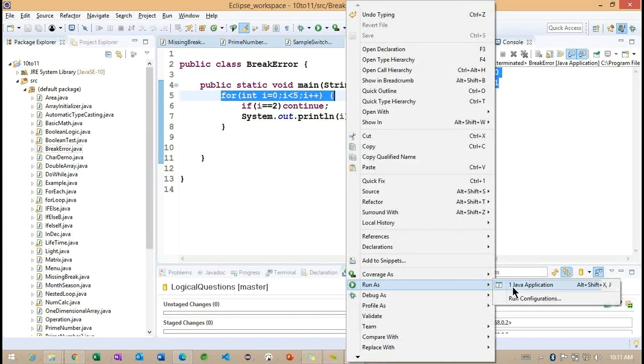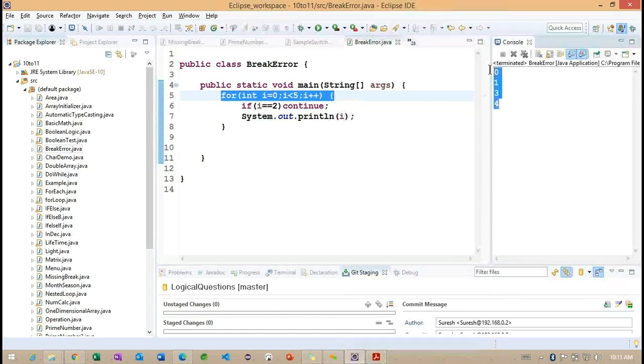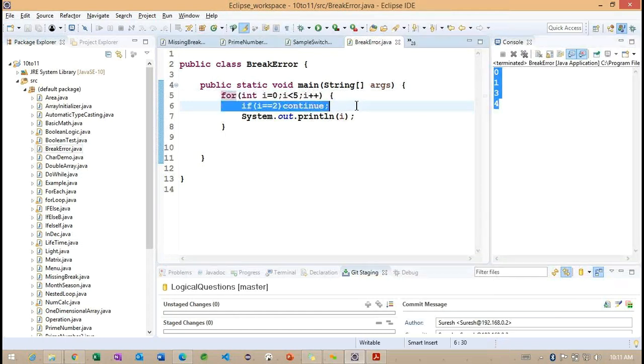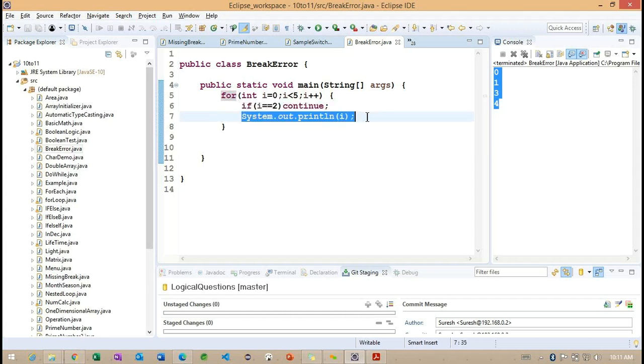If I run the same example, you can see 0, 1. Whenever the condition 2 is satisfied, the 2 is excluded, because 2 is not printing. The remaining elements, 3 and 4, are printing.